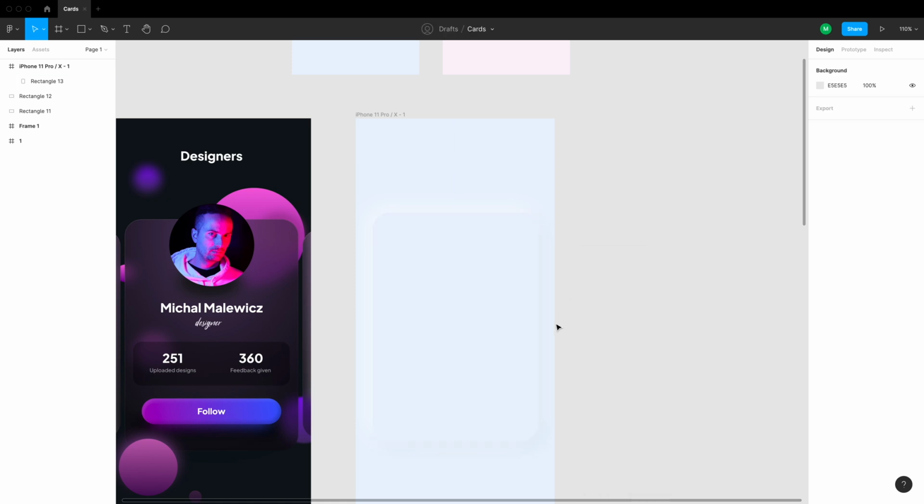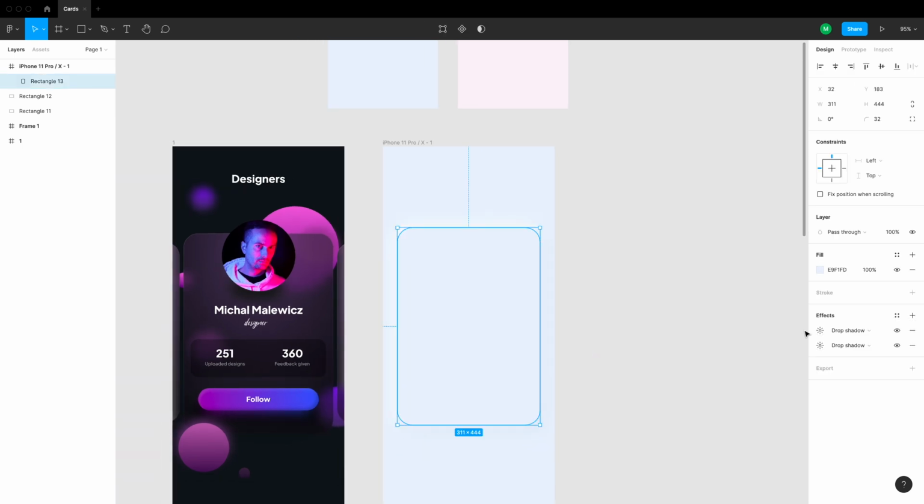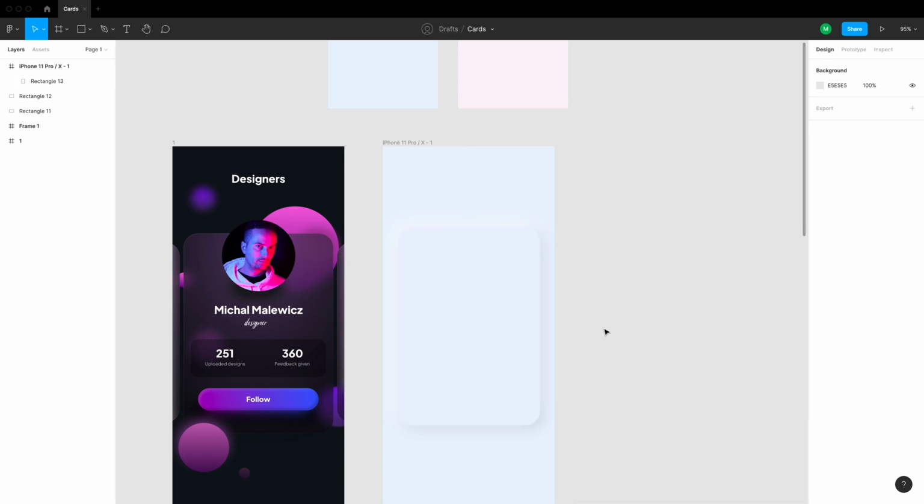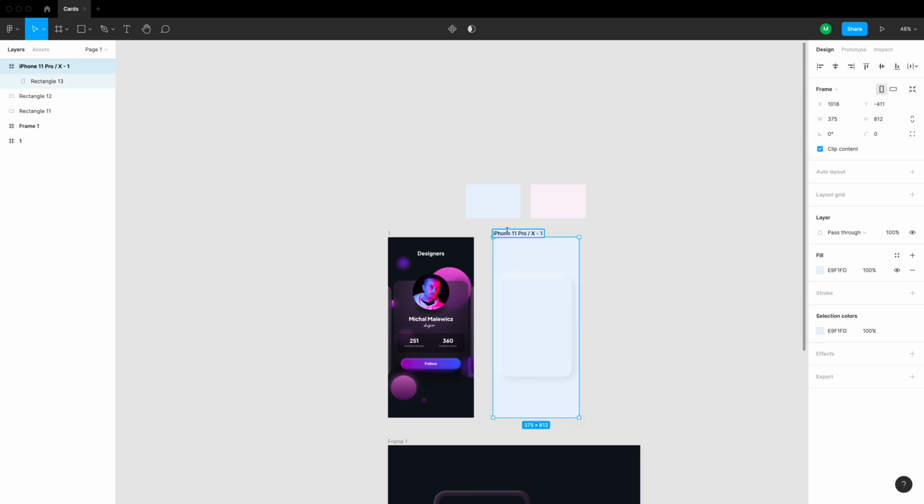Just play around until it's still subtle. So we don't really want either of the shadows to overtake the other one. So the dark one needs to be almost as strong as the light one. And of course you can change those values at any time, so don't be too attached to them, just play around with something that works now, but once you add the photos and the text, it might actually happen that